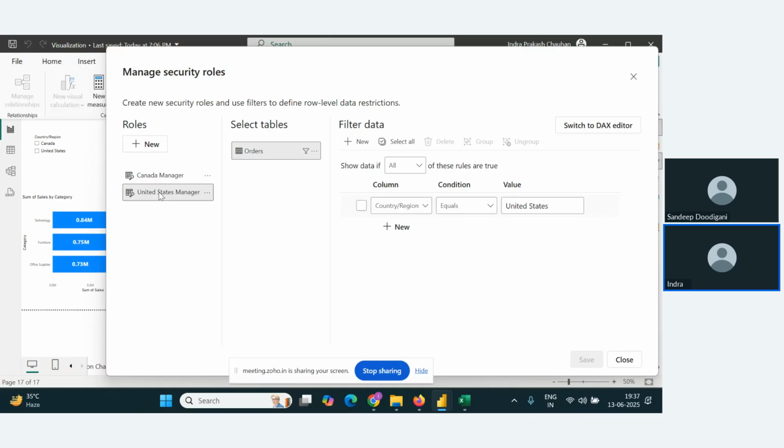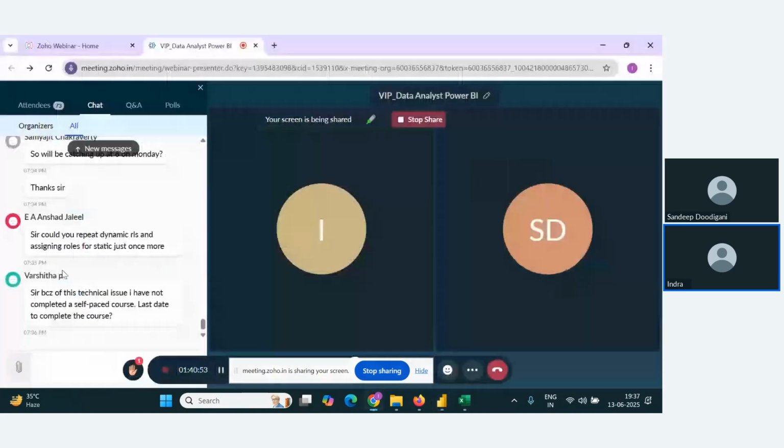For example, in United States, I have set up a filter on the country region. If the user selects United States manager, this filter will be applicable, which means he will be able to see only United States. If he selects Canada manager, he will be able to see only Canada information. All right, so this is your static RLS, where we are manually creating roles